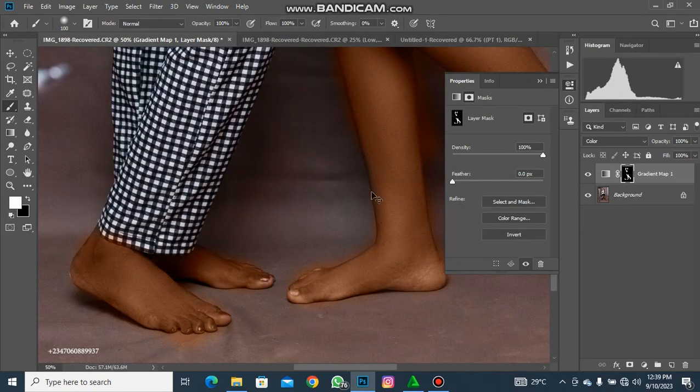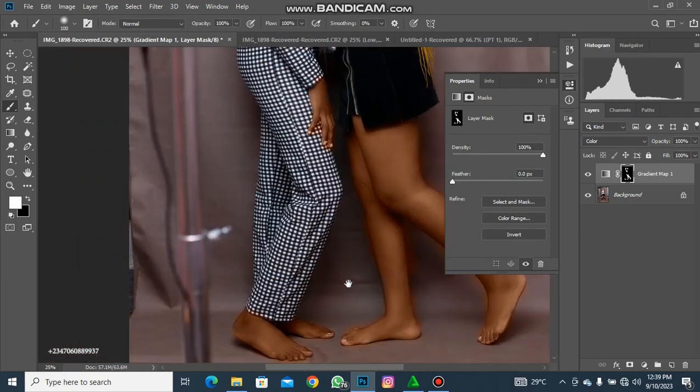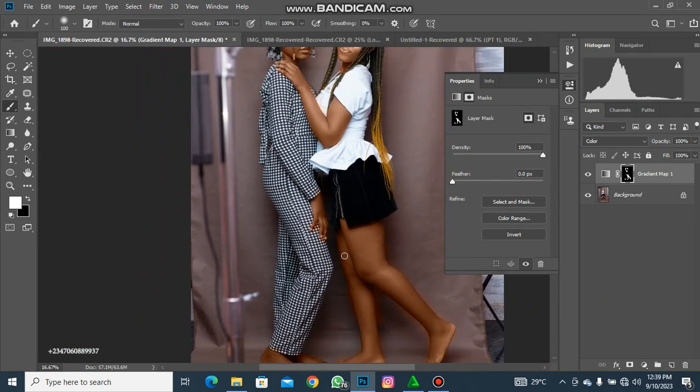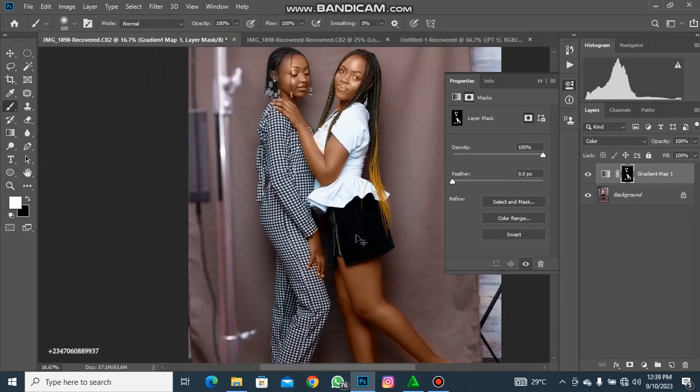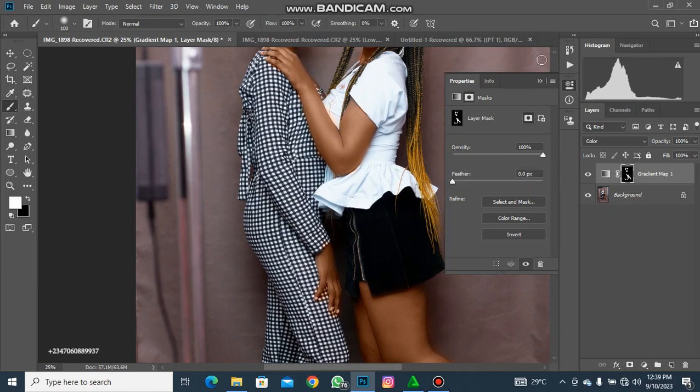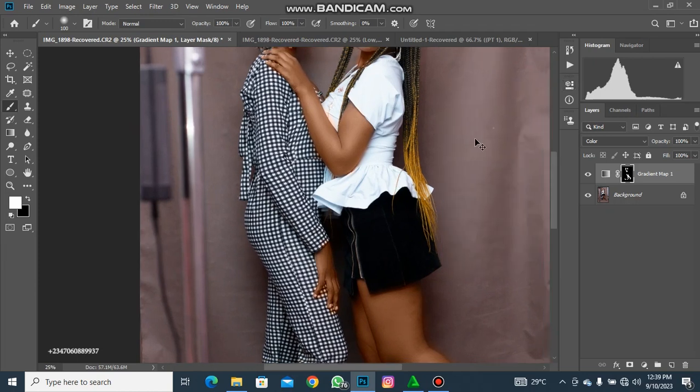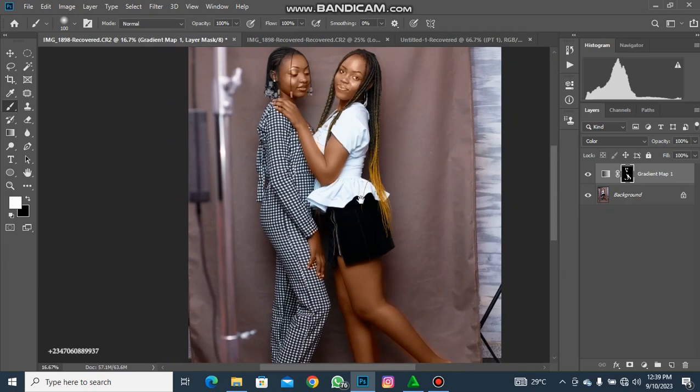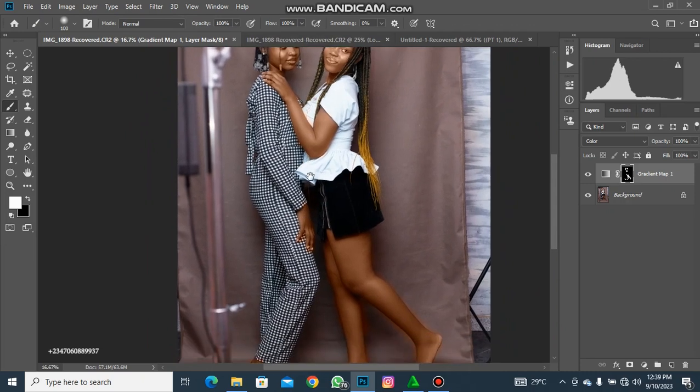As you guys can see, so let's take a look. I'm done with the whole painting of the skin. So as you can see now, our model has a uniform color from head to toe,